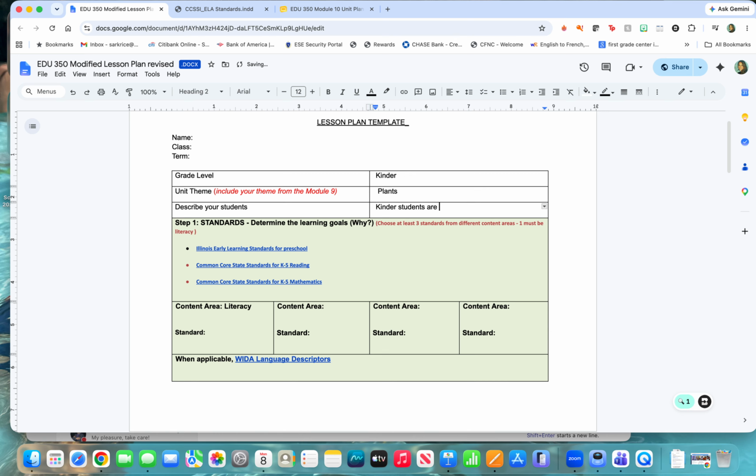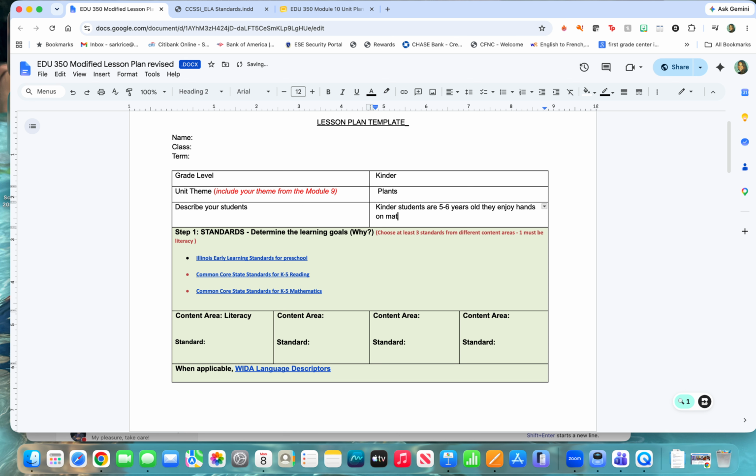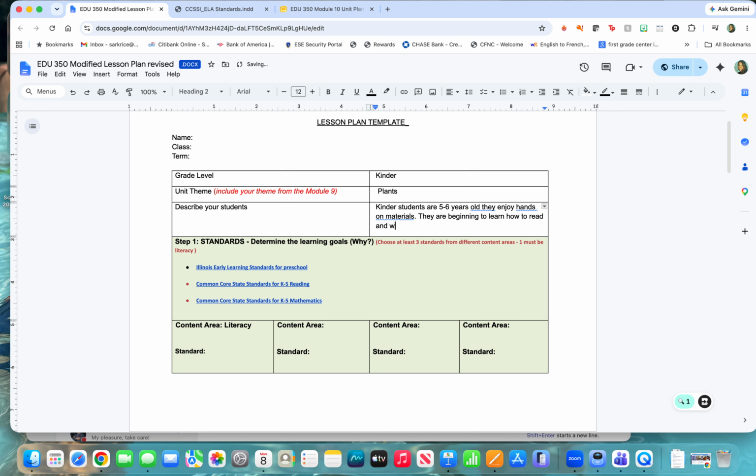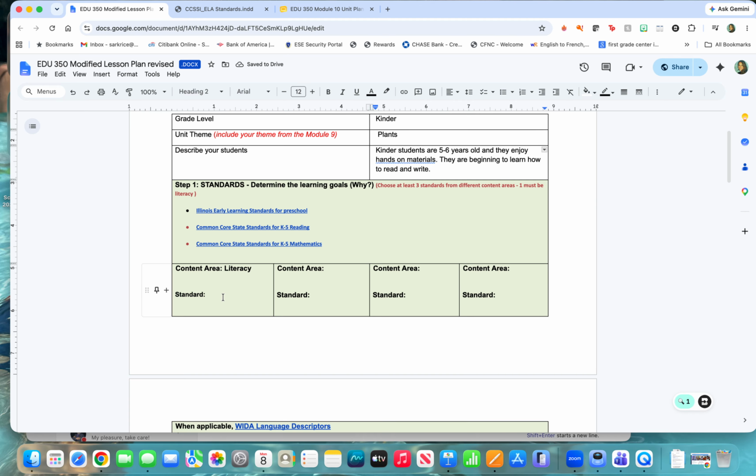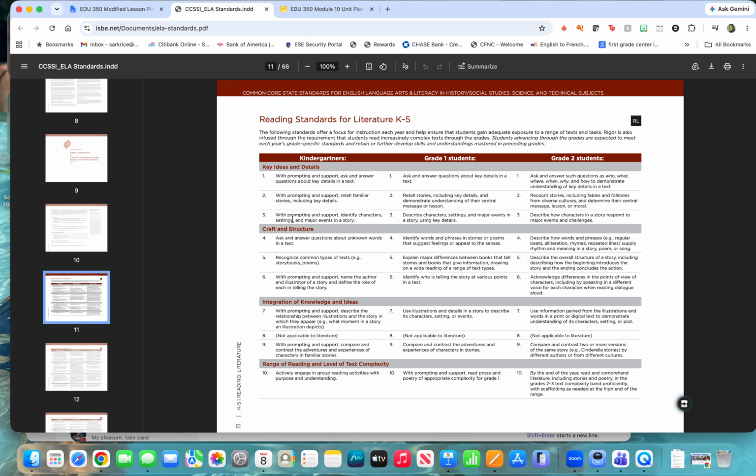Kinder students are 5 to 6 years old. They enjoy hands-on materials. They are beginning to learn how to read and write and etc. So I can just write a couple of sentences for that. Now, where it says standards for literacy, so I go here and I look at my